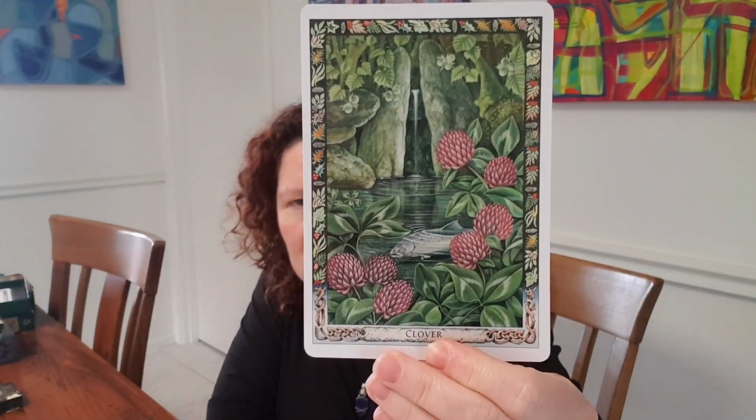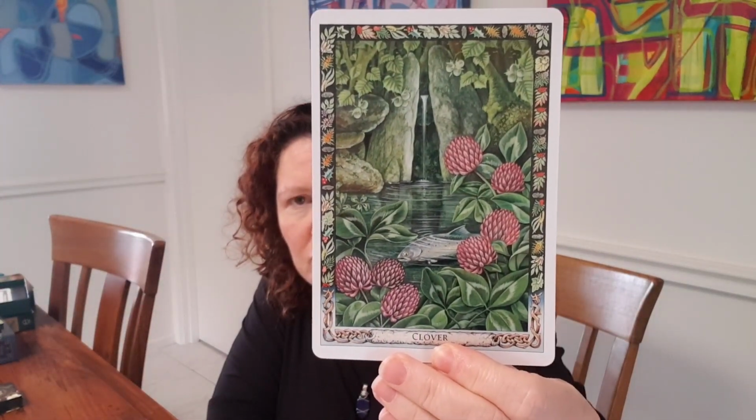Now, the pool is a very sacred pool. We've got the clover nearby, and the clover, we've got that lucky clover. And we've got the little fruits of the clover. It's in full bloom. But if you look at this card, we have these 2 beautiful rocks, and then